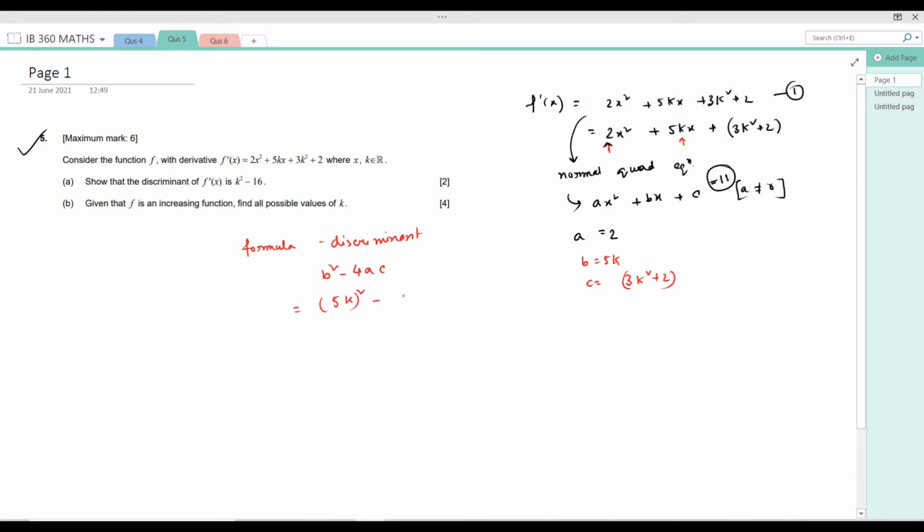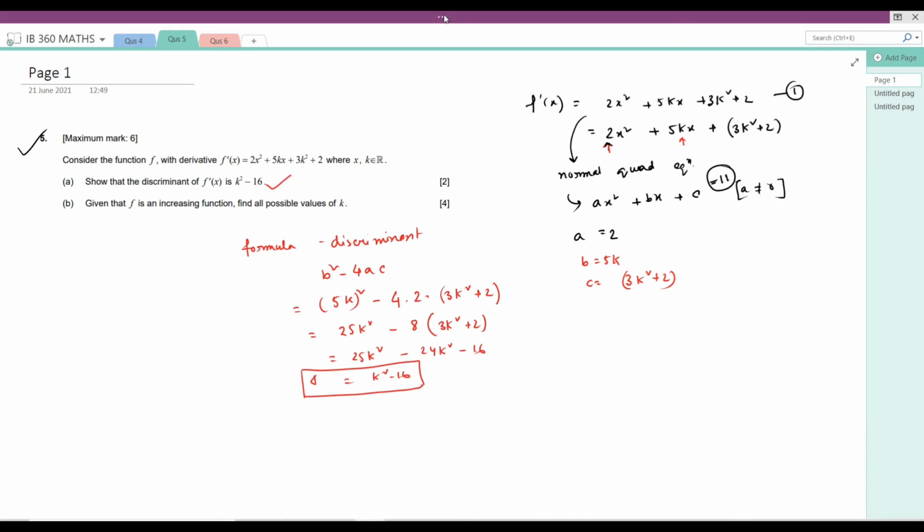So 4 into the value of a, 2 into the value of c is 3k square plus 2. So it is 25k square minus 8 into 3k square plus 2, that is 25k square minus 24k square minus 16. So it is k square minus 16. So the discriminant delta is equal to k square minus 16. It is done, proved. Now we need to prove the second part, that is